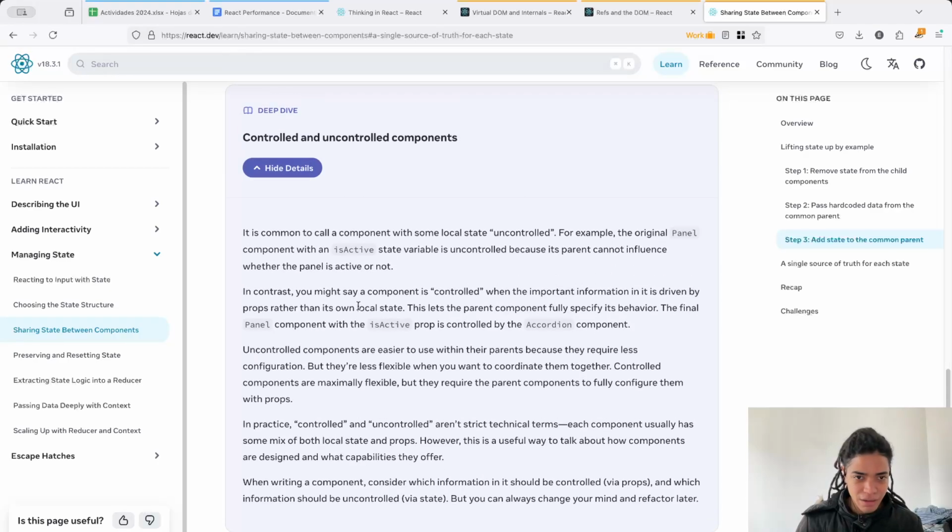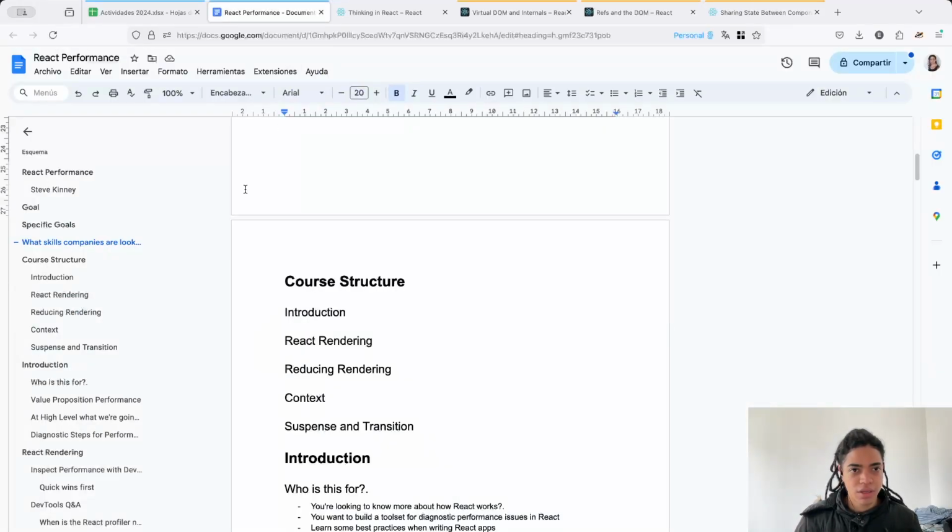The idea is that with uncontrolled and controlled components, when you want to create a form, you can do that in the uncontrolled way, where it is much better to rely on the behavior that the browser allows us. So for example,